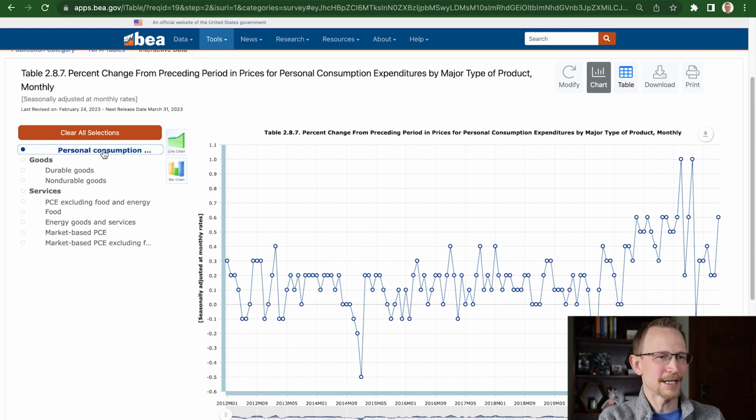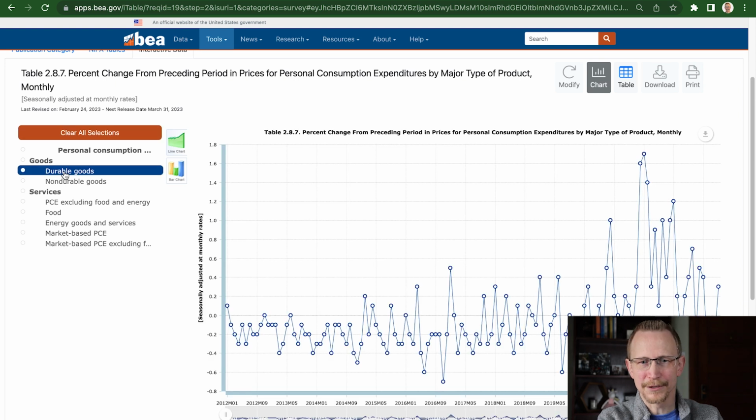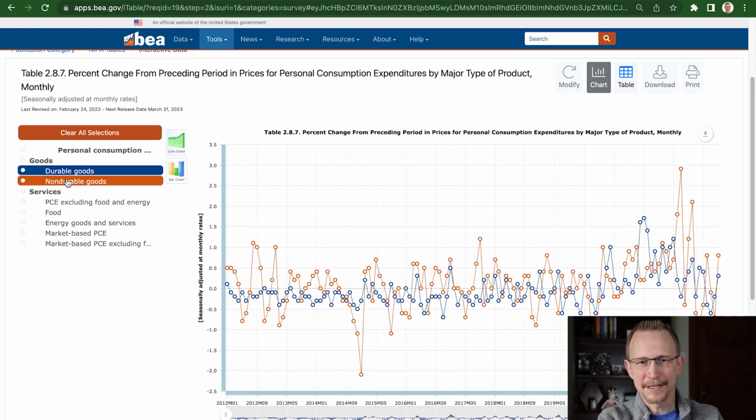Now, I did mention the word confluence. Confluence means that things are working together. So one of the reasons that we have this high read that we did in June is a confluence between a few things. So let me take that down, and I'll bring up durable goods, and I'll also bring up non-durable goods. And I know it looks like a mess, but what I want you to see is just a little bit of the direction on the screen that we have, that when we come back to March,